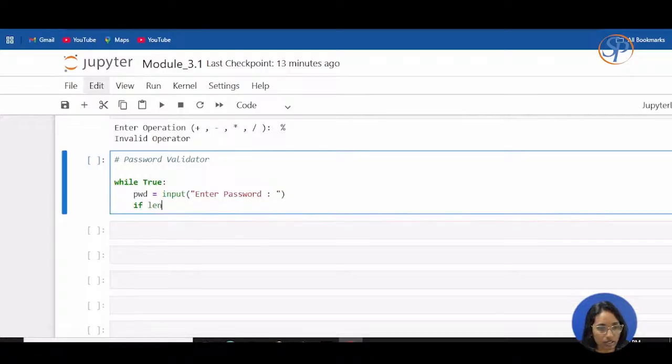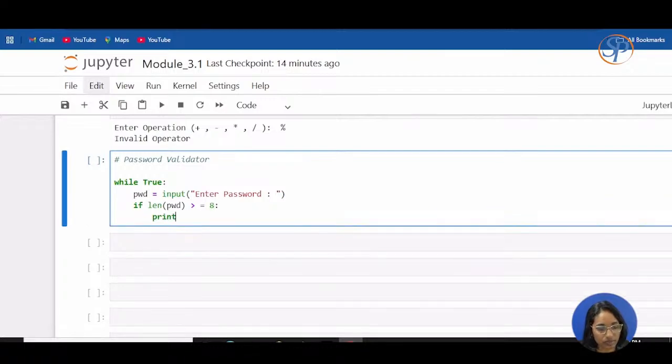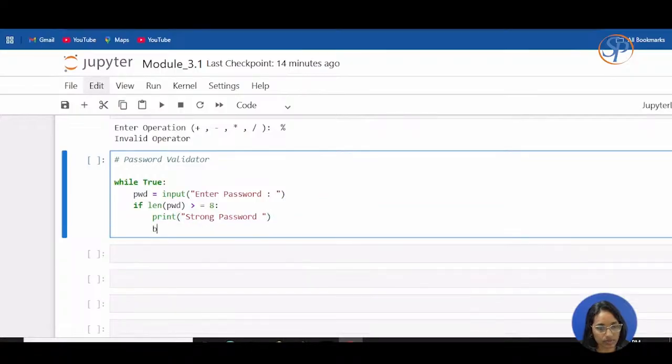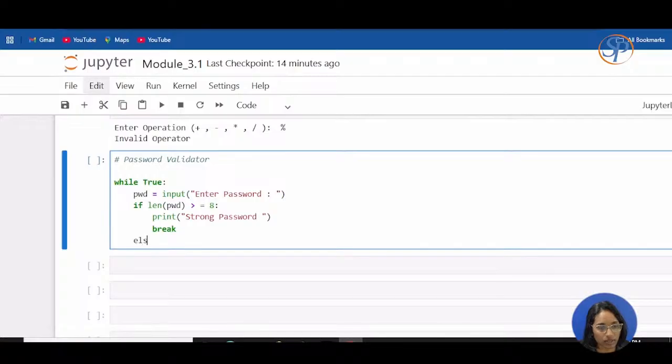If length of password is greater than or equals to 8, print strong password. Then break